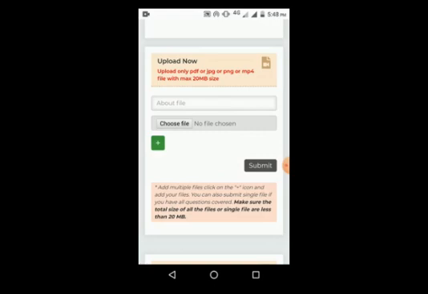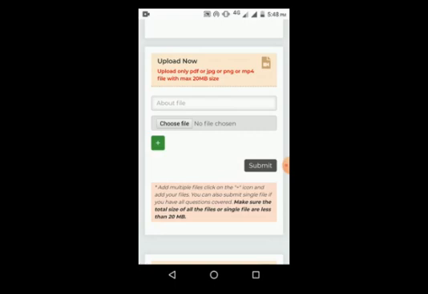It will be less than 20 MB. Now what type of files can you upload? First of all, you can upload PDF, you can upload any picture like JPG and PNG, and you can upload an MP4 file also, a video file. But you have to remember the size will be within 20 MB.